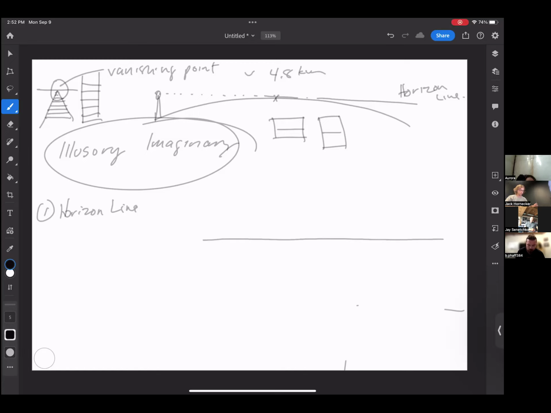Now, your horizon line is importantly synonymous with a couple of different things for us. It is, first off, and most importantly, synonymous with your eye level. When I say that, what I mean is that it's synonymous with your audience's eye level. And by audience, I mean anybody that you show your picture to. So you are anticipating that some hypothetical viewer is going to be looking at the thing that you're drawing. By extension, this means that it's also synonymous with your camera level.